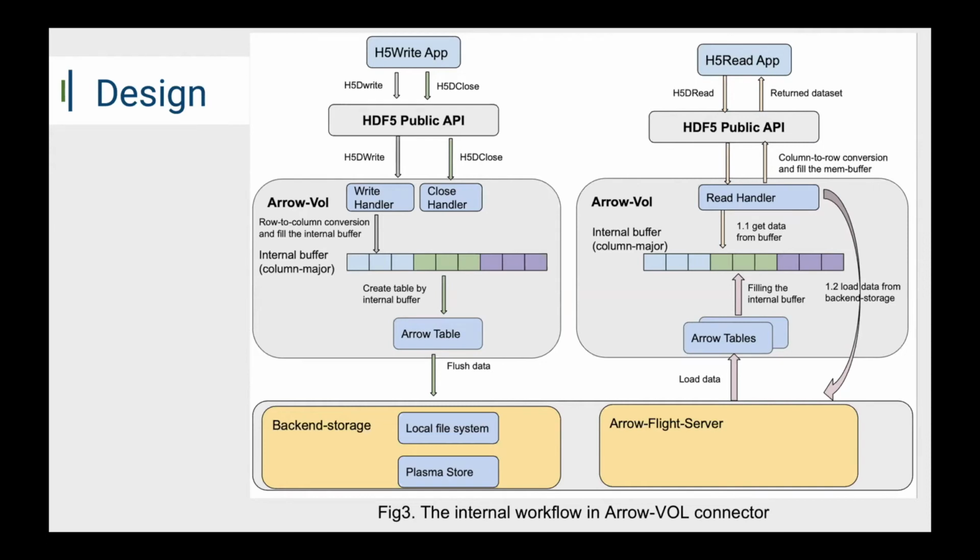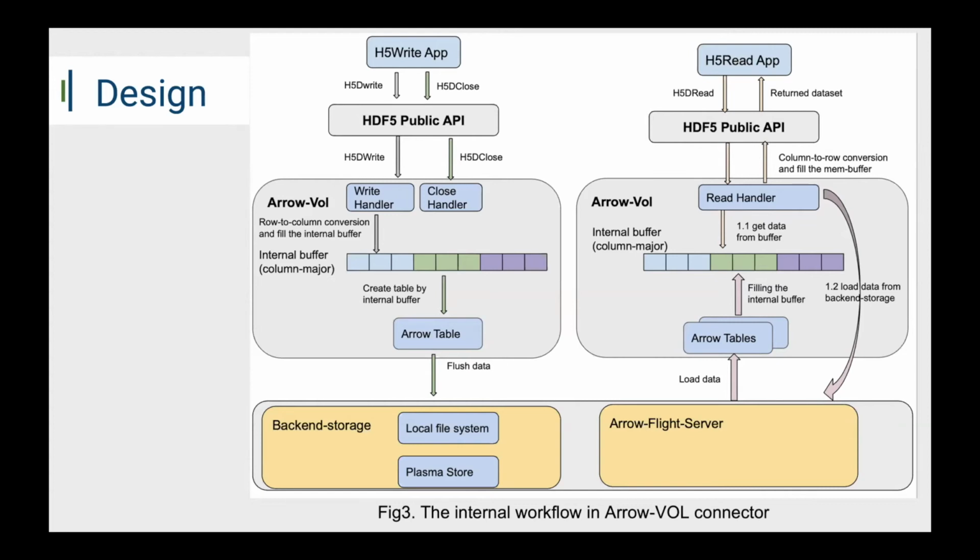When receiving the close request, Arrow will flush the metadata and the data into the backend storage. On the right side,